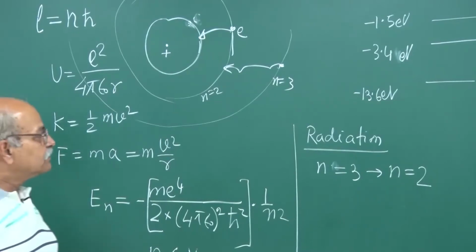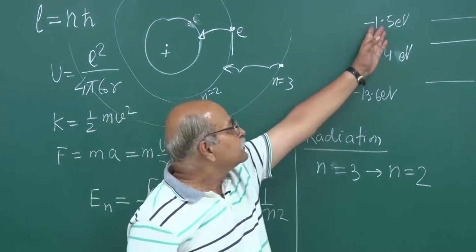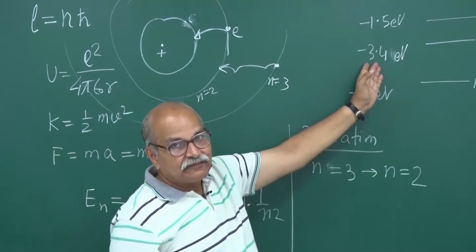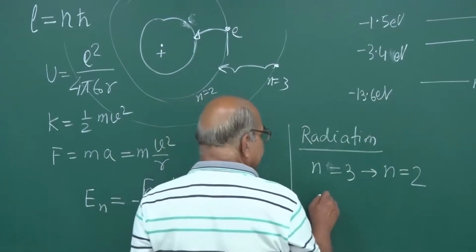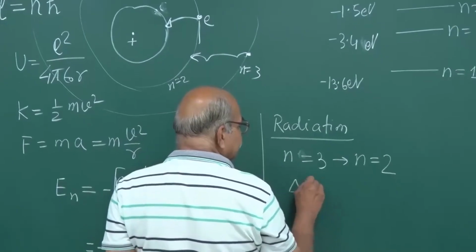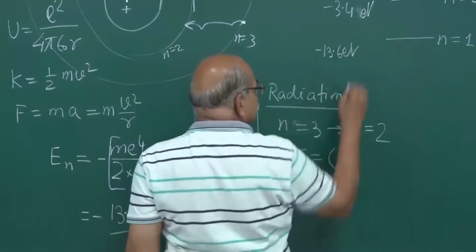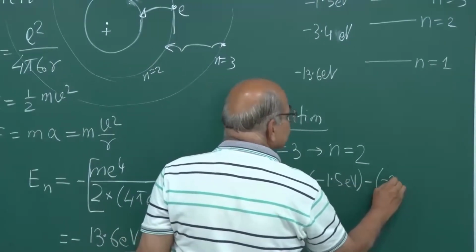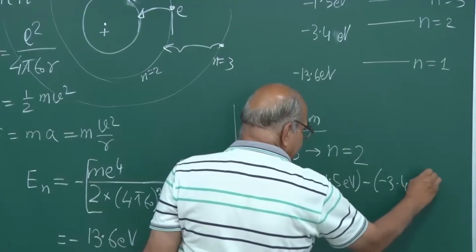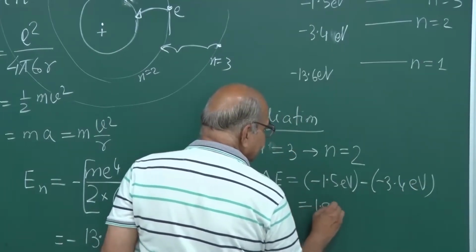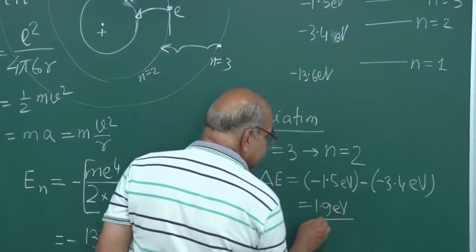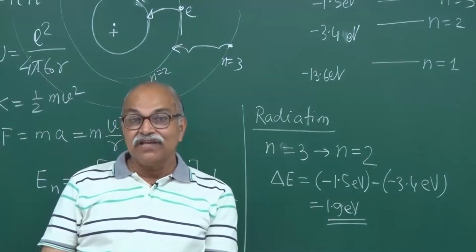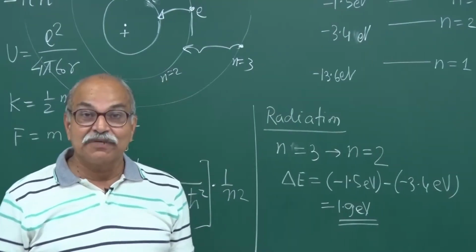So the energy is reduced from minus 1.5 eV to minus 3.4 eV. It was in n equal to 3, so minus 1.5 eV, and now it has gone to minus 3.4 eV, and therefore this difference is 1.9 eV. This much energy is to be released in the form of radiation, and then we have another wonderful quantum idea